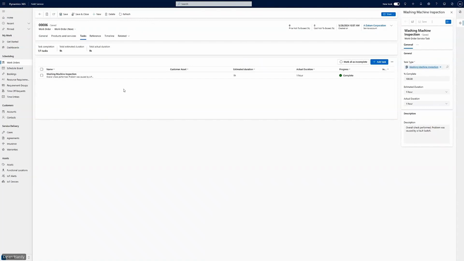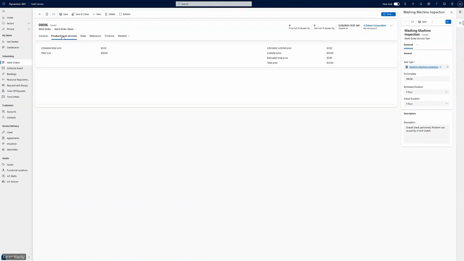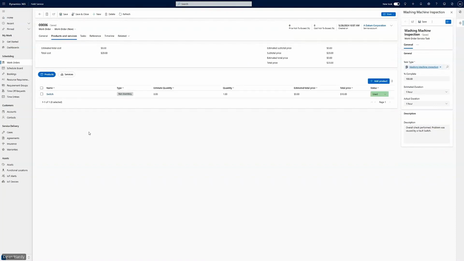Under the Product and Service tab, the manager can see what product was used for the job. The manager might update the work order during the review. For instance, if the customer needs to pay for a part, the manager could choose to give a full discount